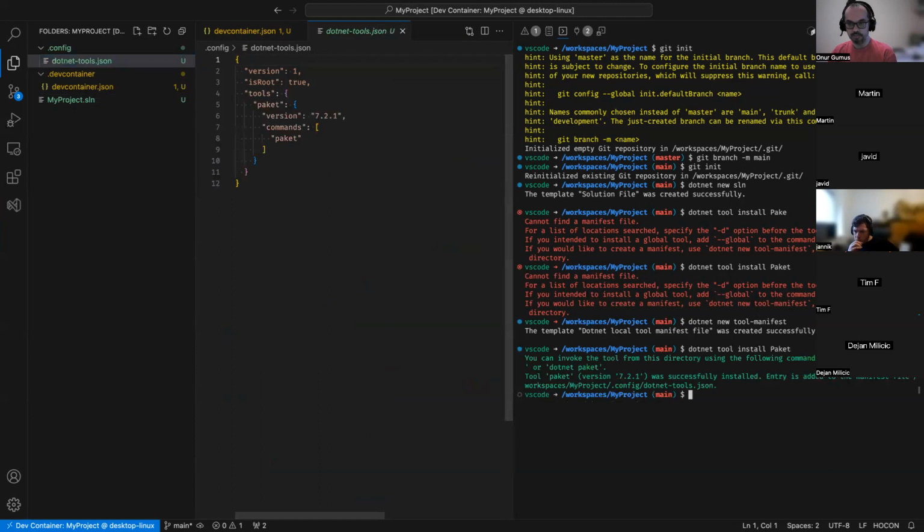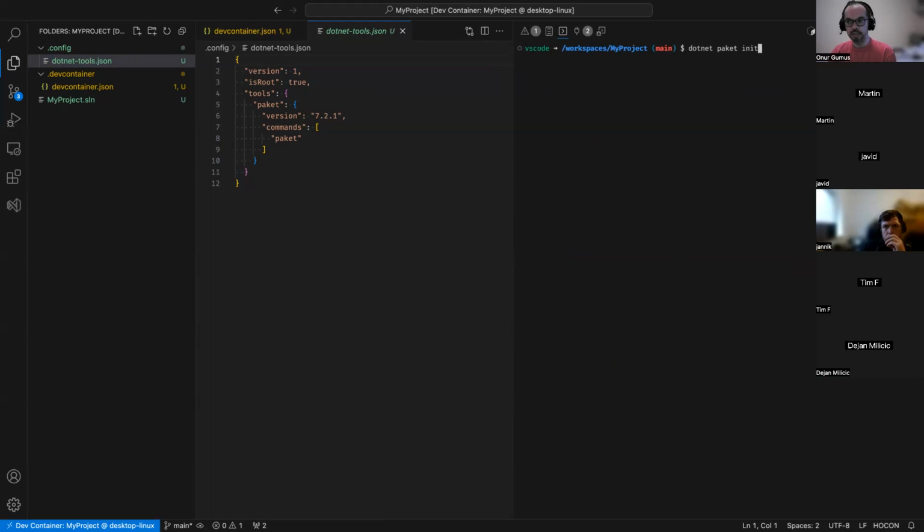How this will work. So you can see this file now has Paket 7.2.1. I should tell you, this version is not compatible with .NET 8. So if you want the .NET 8 version, you will want to pass a pre-release edition, I suppose, something like 8.0. And that will work with .NET 8. If you're using .NET 6, I think this should work with earlier versions as well. Once we have that,